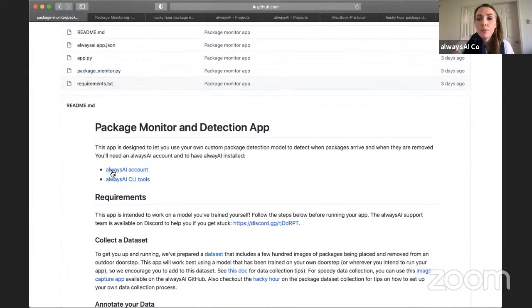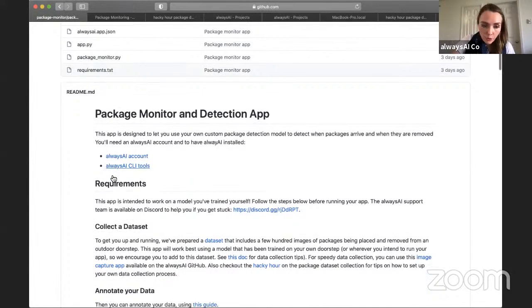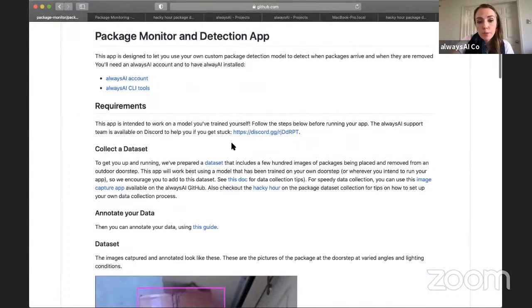Those are the base code that we developed for you. So we've also prepared a tiny data set. You can use that data set and get started with collecting your own images, adding to it, or if you just,